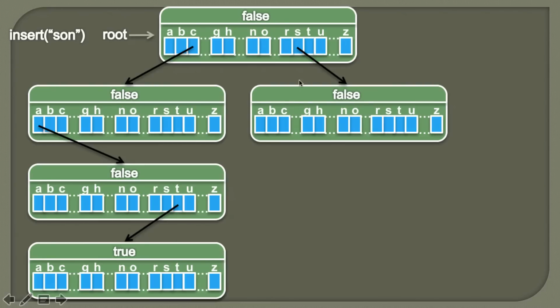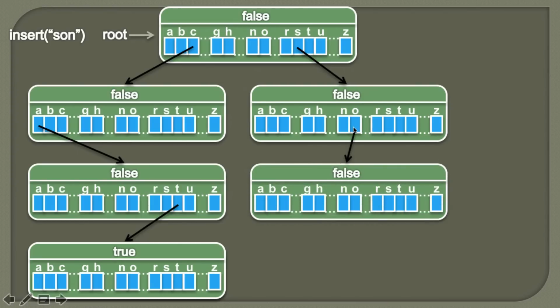And after we insert this trie node, we simply traverse to this trie node through this link, and once we reach this link, we'll now insert the character O. So here we go to the index which maps to O, and we'll see whether it points to null or not. So here you can see it points to null. So in order to insert O, we'll again create a trie node, and we'll simply refer to this trie node through this link from the index which maps to O, and then we'll simply traverse to this trie node, and after we reach this trie node, we'll now insert N.